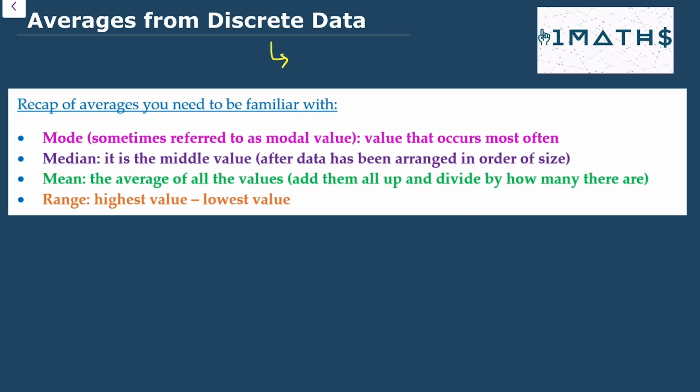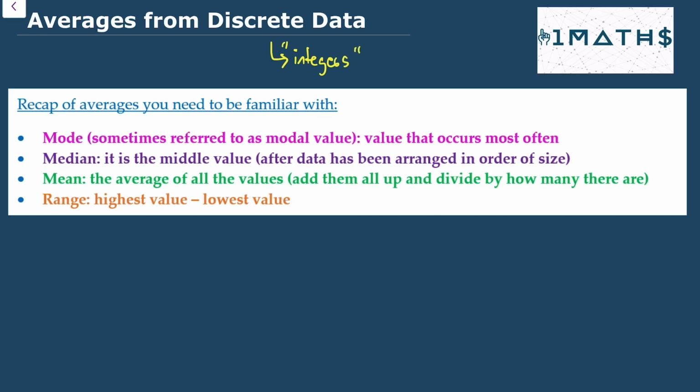So for example, your shoe size or the number of cups of tea you drink on a day. We can count it. I know shoe size, we can have half a size, 7.5 or 8.5, etc. But generally we refer to integer values. We think of integer exact values when we are working with discrete data. So I'm just going to write here integer